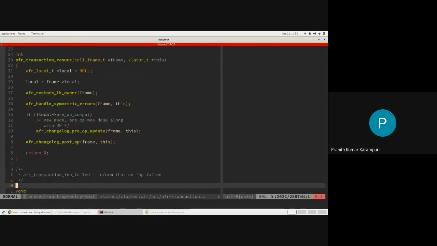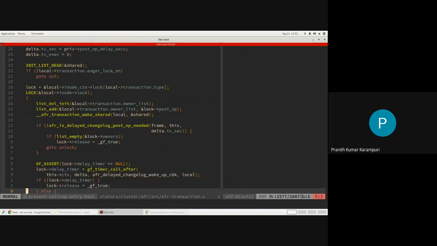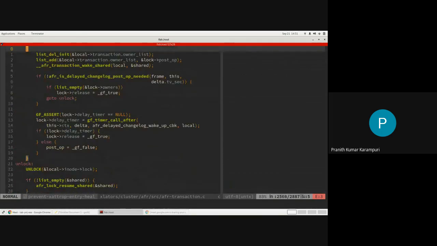And based on that, it will have to do a post-op. In this post-op, it again has to figure out whether it has to do a -1 for the dirty or it has to do pending markers. This part is a little bit tricky because of all these optimizations.